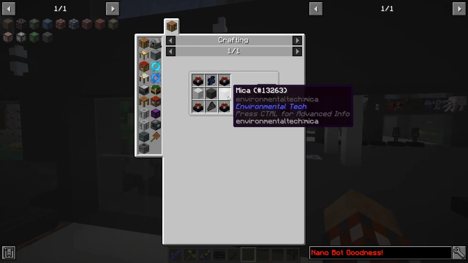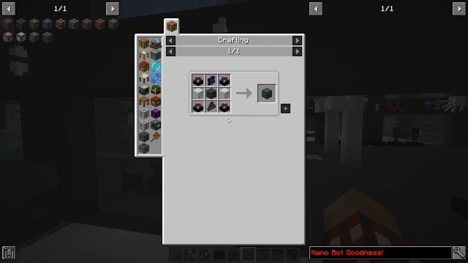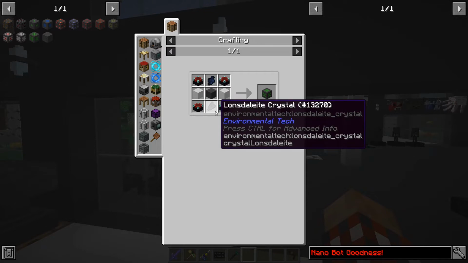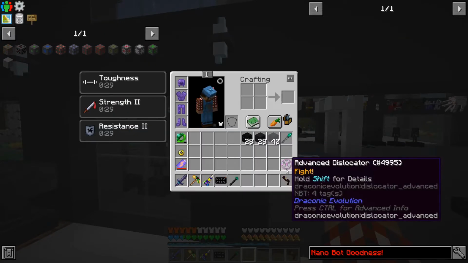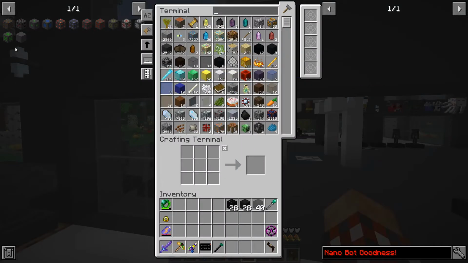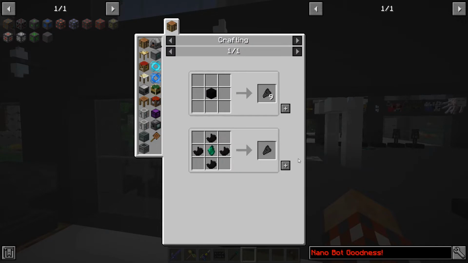And mica you get only from the resource miner, which I've already used and grabbed, so that's not an issue. Plus this Lungen's Delight crystal, which actually has a recipe for it. So I'm gonna make those. So let's do that first. Let's make